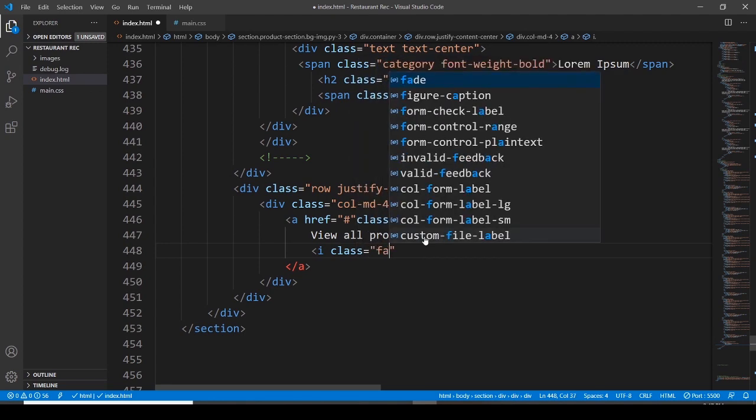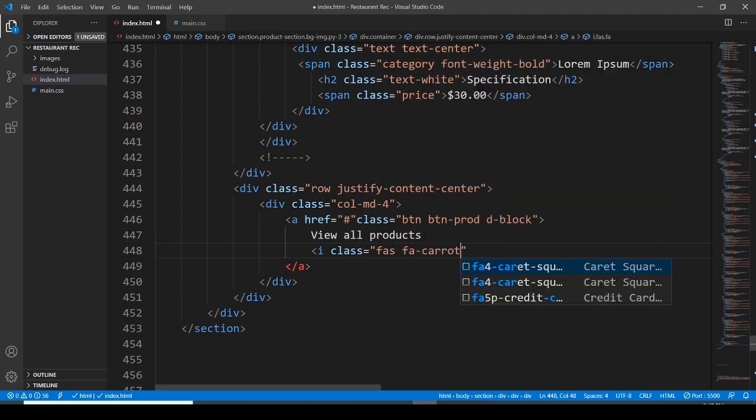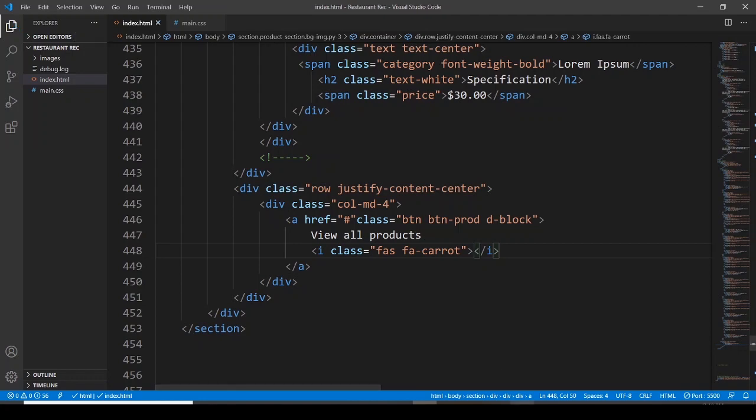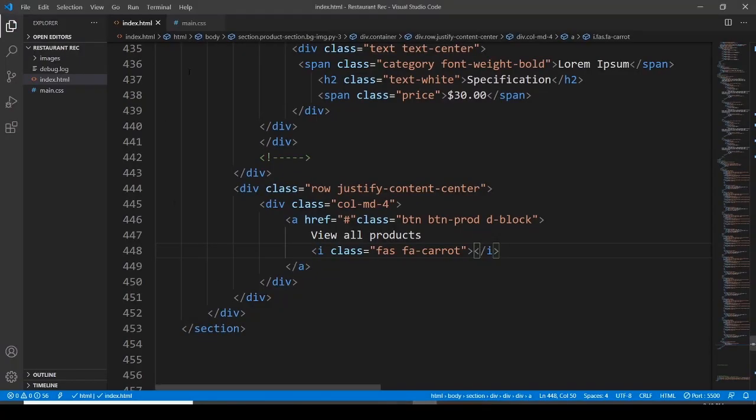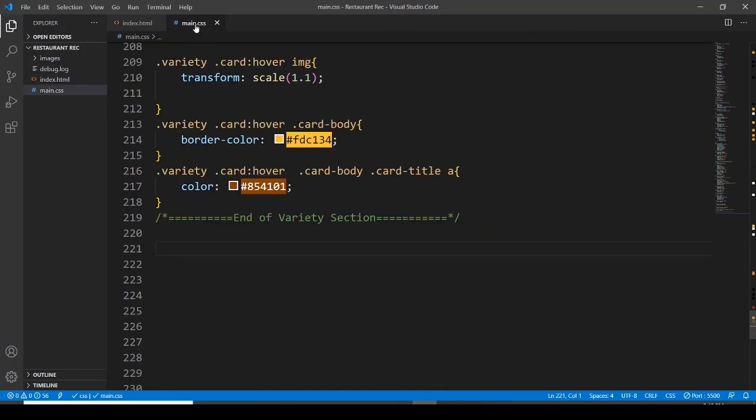I class FASFA caret, and let's save it. Move on to the browser. Here we do have a little caret and a view all products button. We are going to style all these things. Let's move on to the CSS, and here